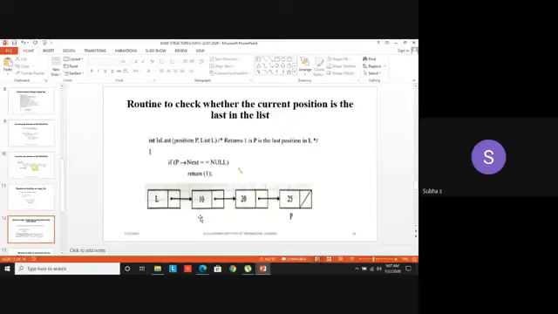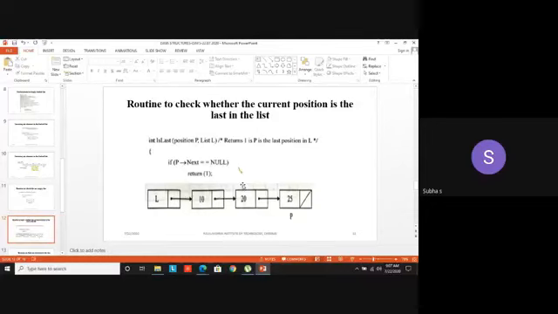Assume your P is at 10. Now in the diagram, P denotes 25. Assume that P denotes 10. Will this condition be satisfied? No. Because P is pointing to 10, P next equal to null? Is it null? No. It is pointing to some other node. So return 0. Or you can do it in a for loop. You can go to the next element. The next element is 20. P next equal to null? No. Because the next pointer is pointing to 25. Then this 25. Again, P arrow next equal to null. Here only the condition gets satisfied. So 25 is your last element.